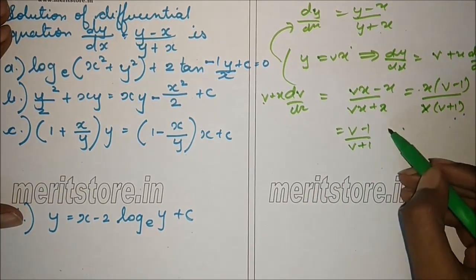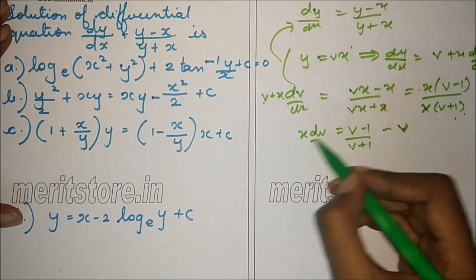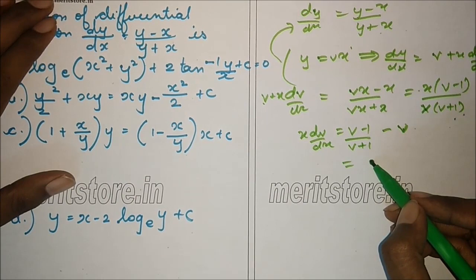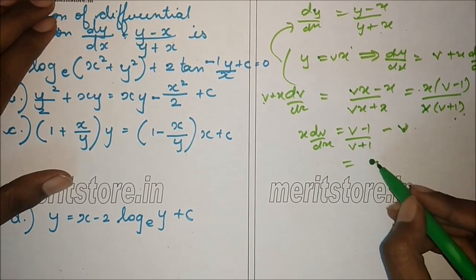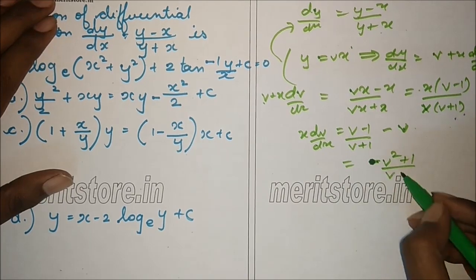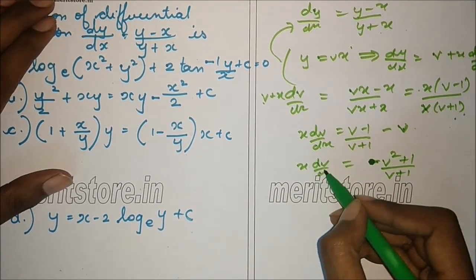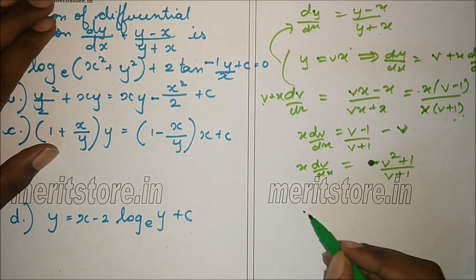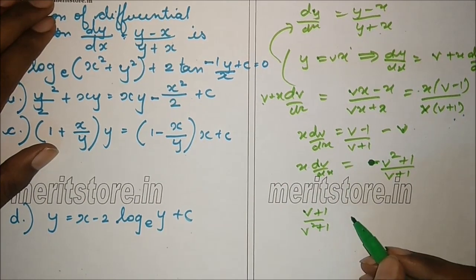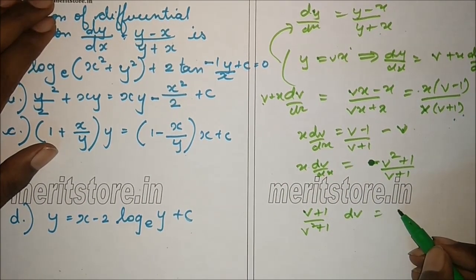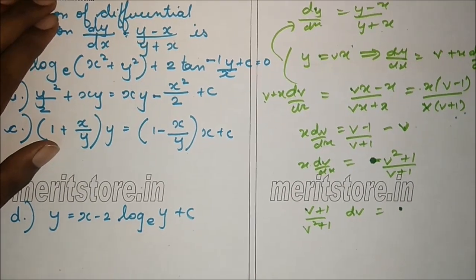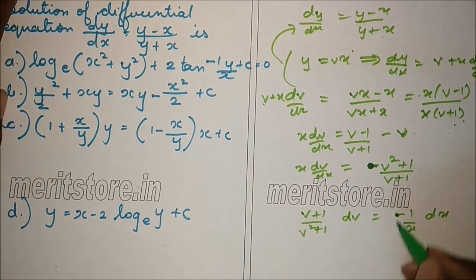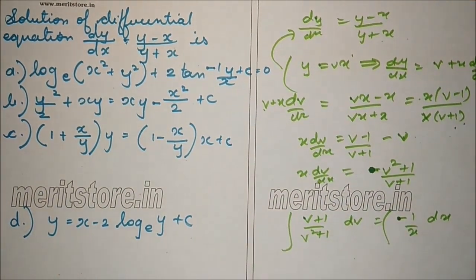So we shift this term to RHS. So this will be minus v and this is x dv by dx. We simplify this term, we get minus of v square plus 1 by v plus 1 and this is equal to x dv by dx. So bringing x terms on one side and v terms on other side, we get v plus 1 by v square plus 1 dv equals minus 1 by x dx. Integrating both sides, we get